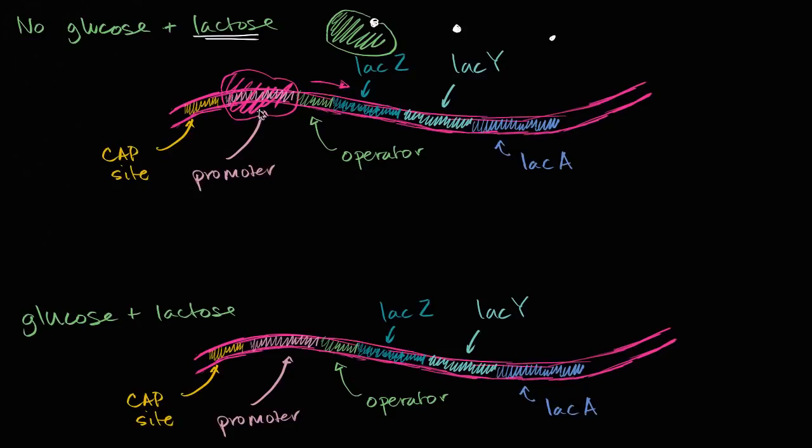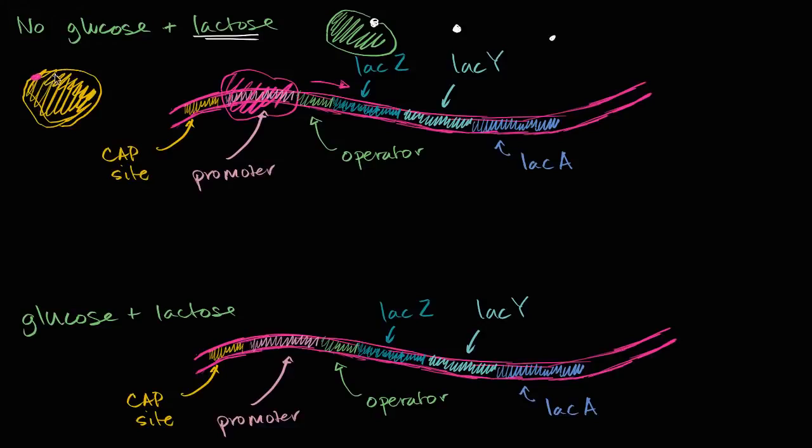But that's not it. In a situation with no glucose, you actually are going to also involve the cap site. You're going to have an activator that's going to make this happen even more. Because if you don't have glucose around, man, you really need that lactose. And so what you have is something called, so let me draw this, the catabolite activator protein, right over here. The catabolite activator protein. And in the presence of cyclic AMP,